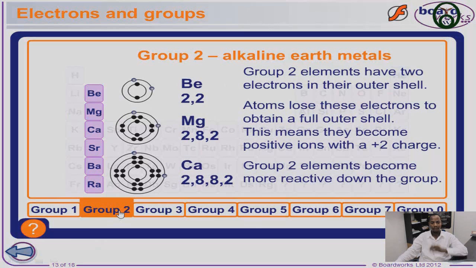Now let's take a look at elements in group 2. For elements in group 2, the electron configurations will continue to end with 2: 2-2, 2-8-2, 2-8-8-2, and so on, continuing to end with 2 for elements in group 2 in the periodic table. And these elements are beryllium, magnesium, calcium, and so on and so forth as it